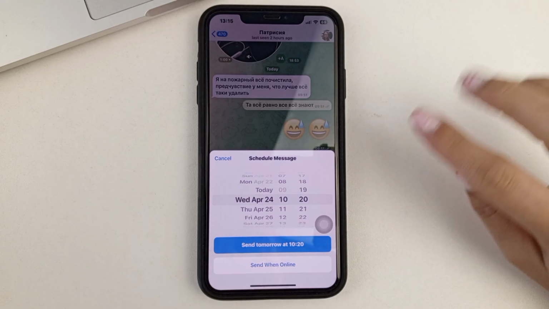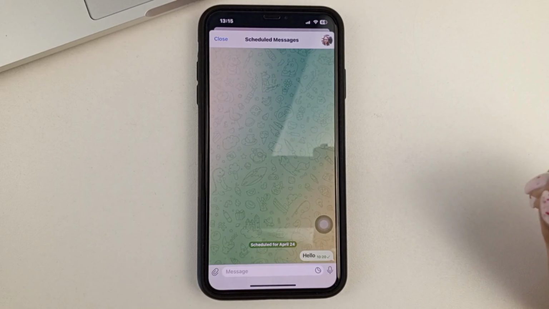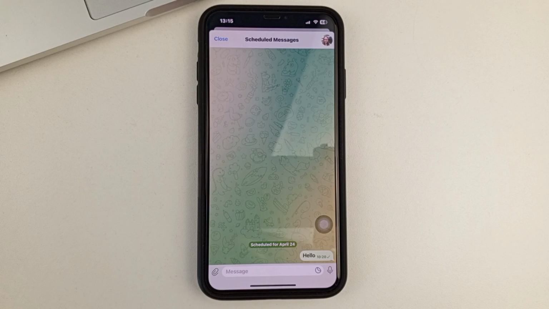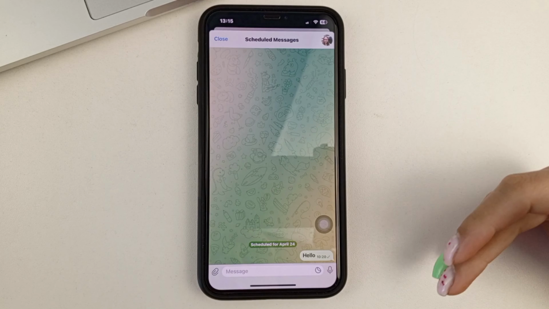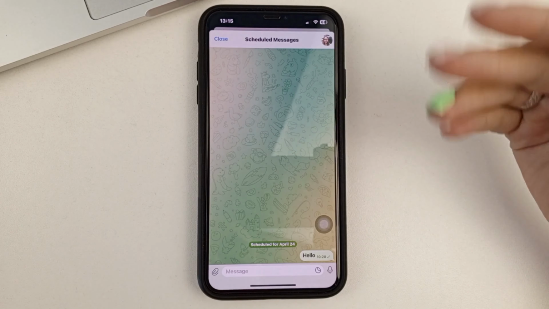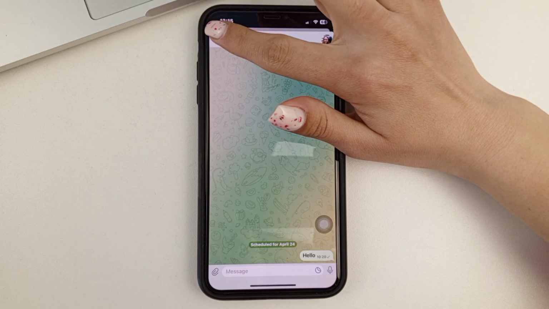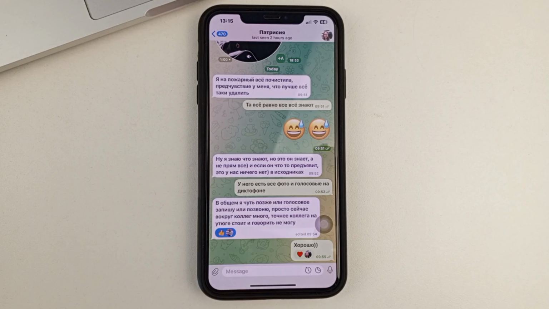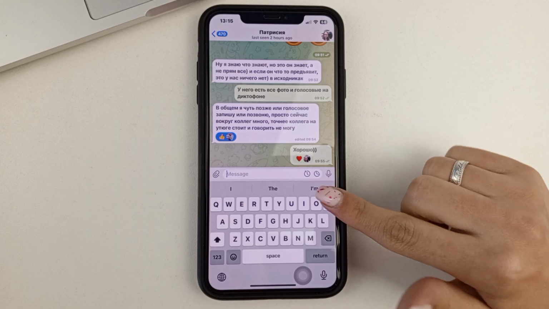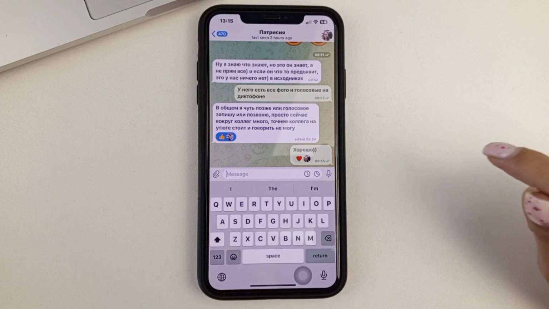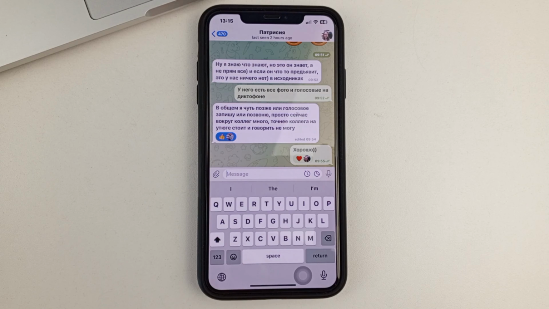So after you've set up the date and time, you click. And you'll see a window like this, like a new correspondence with one single message, let's say. Don't worry, your correspondence with this person, which has already been, it remains. It is, so to speak, a planned correspondence that you will have. And in order to get back to Telegram, you click close at the top and you go to the note. You'll now see this little clock sign next to the line. That means that you have a scheduled message for that person.